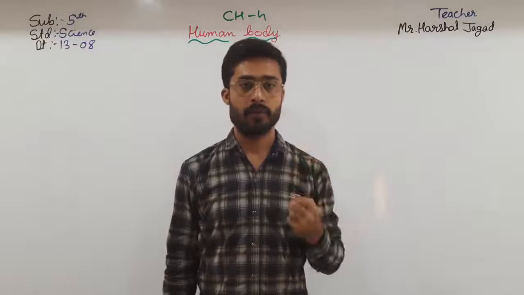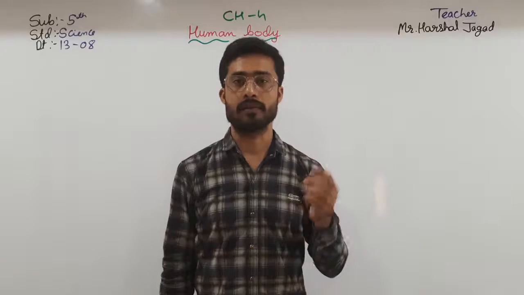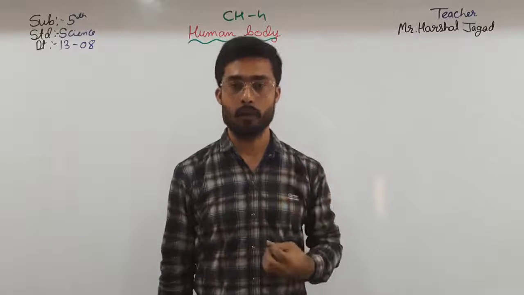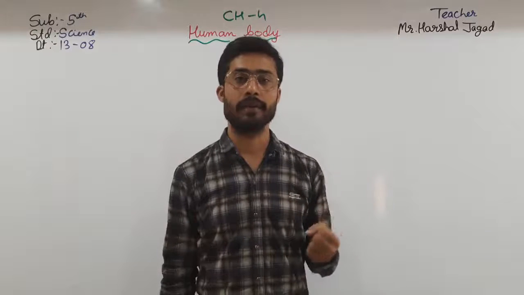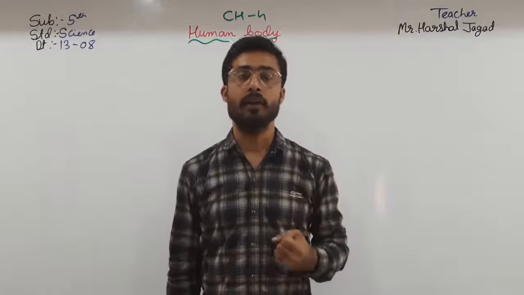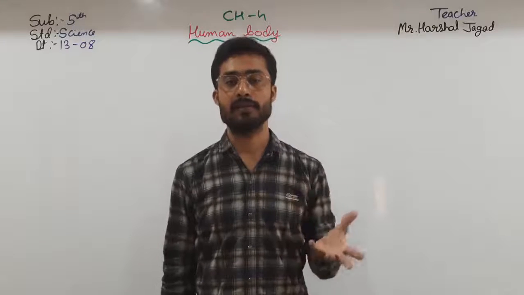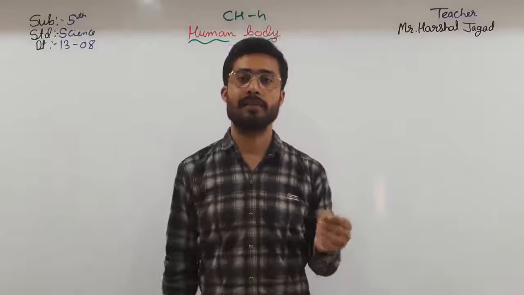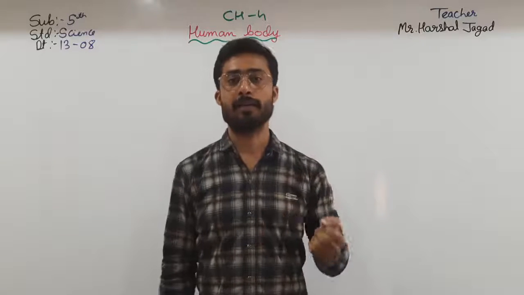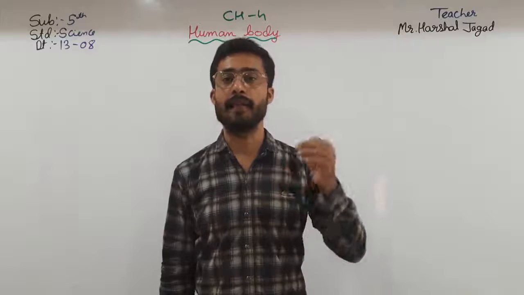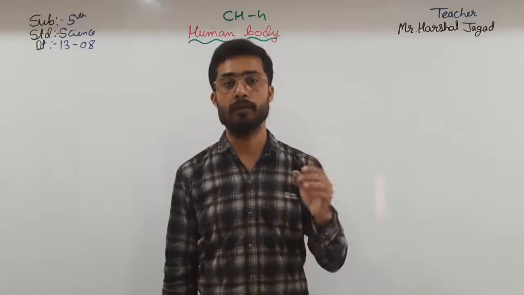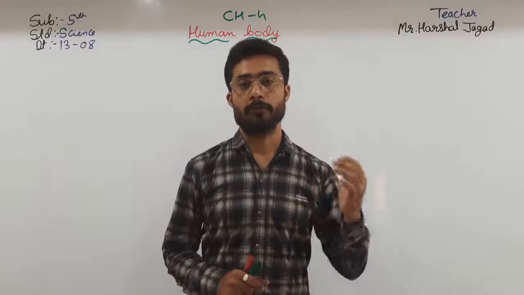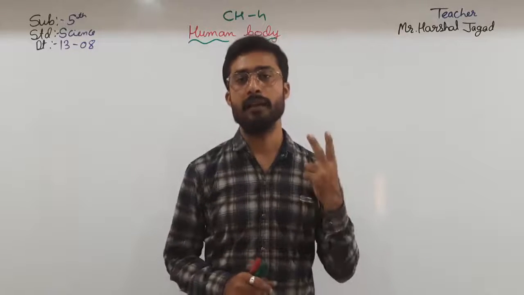Okay students, first, what are voluntary muscles? The muscles which are controlled by ourselves, the muscles which I can control, are known as the voluntary muscles. And involuntary muscles are the muscles which are not in our control, they work on their own, like the muscles in our internal parts like heart, lungs, kidneys. We can't stop that. So these were the types of muscles, voluntary and involuntary.